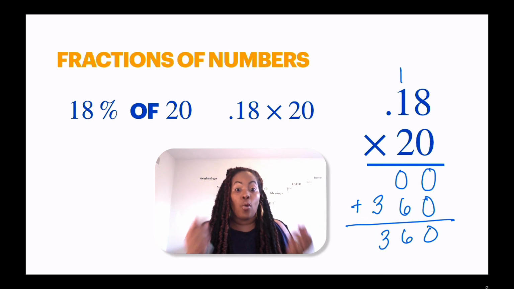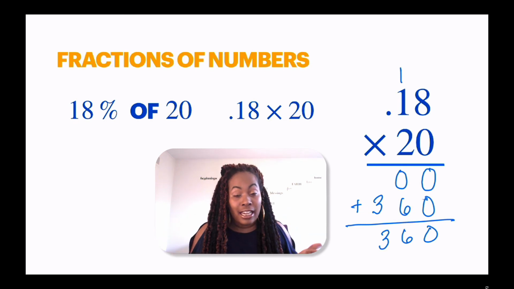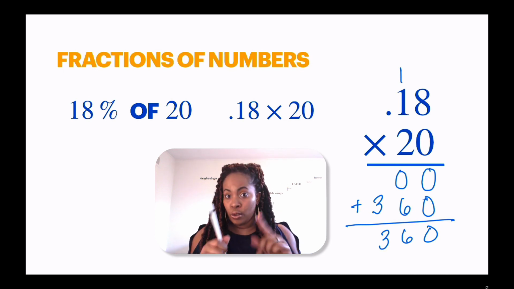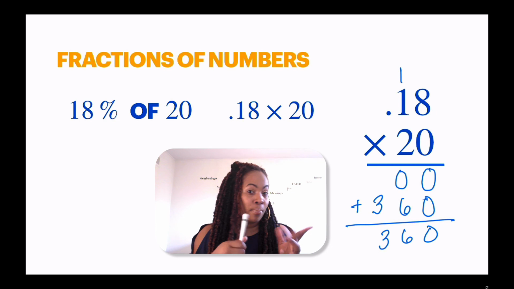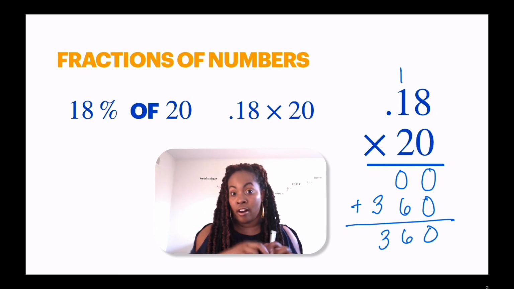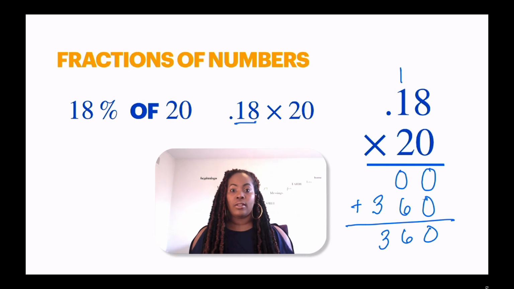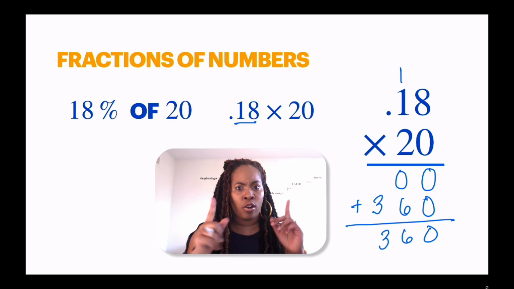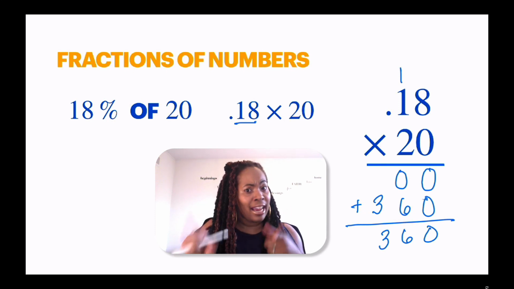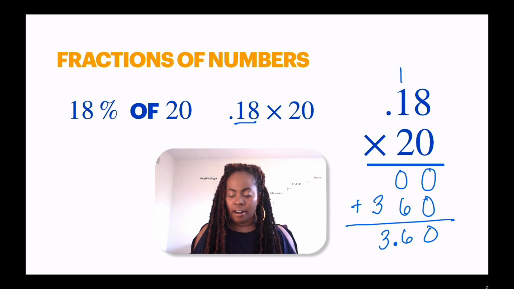360, right? But the question is, and again, my favorite question, where do we place the decimal point? So remember, we always have to go back to the question, in this case being 0.18 times 20, and we have to count the amount of numbers behind the decimal in our question. So let's go through and underline them. I see 1, 2. So that's 2 places behind the decimal in our question. So if that's the case, there should be 2 numbers behind the decimal in our answer as well. Therefore, our decimal place goes right there, and you get